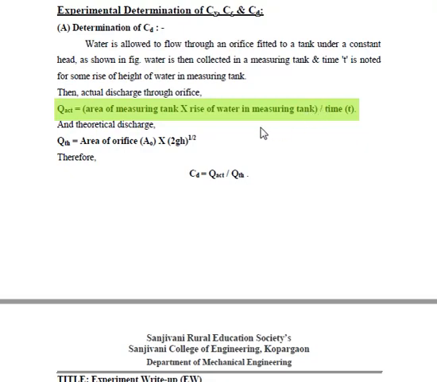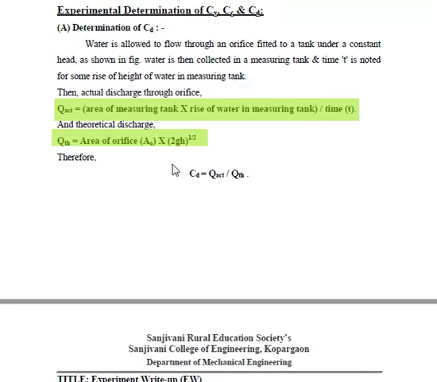Now there is another important term called the theoretical discharge. Theoretical discharge is derived from a derivation for orifice, and that formula states that it is the product of the area of the orifice. Orifice means a circular opening through which the water is getting out, or is discharged. So area of the orifice multiplied by root of 2gh. Here g is the gravitational constant, and h is the height of the water column, or piezometric height of water from the discharge, and that is raised to the power 1 by 2.